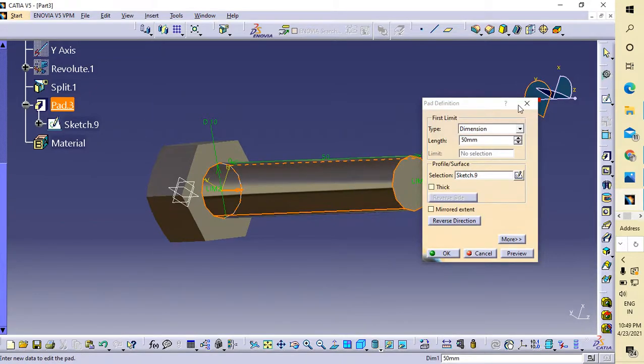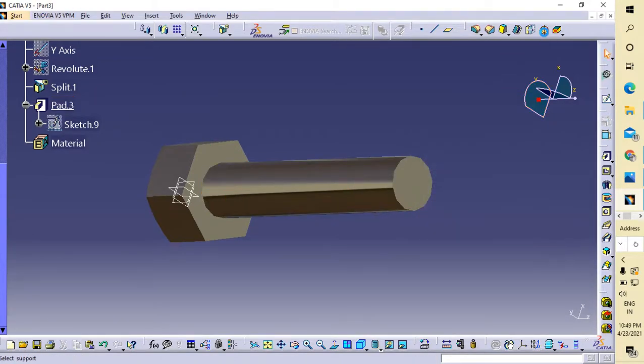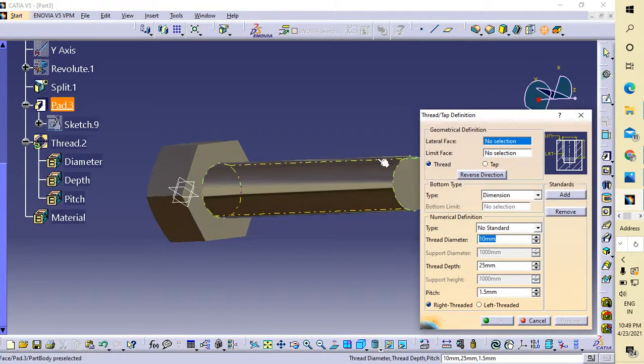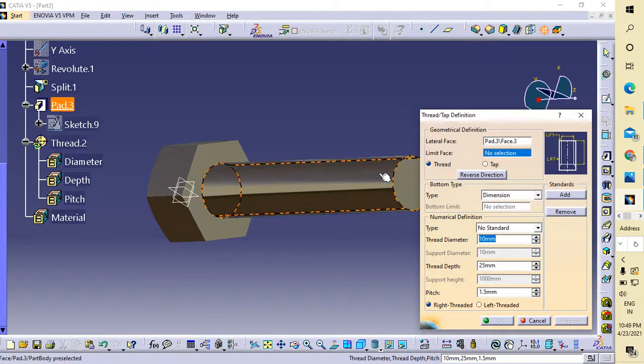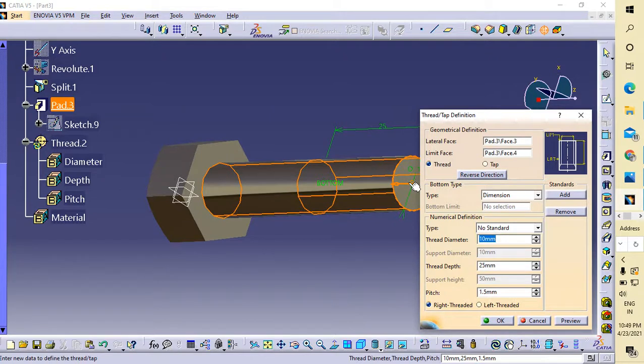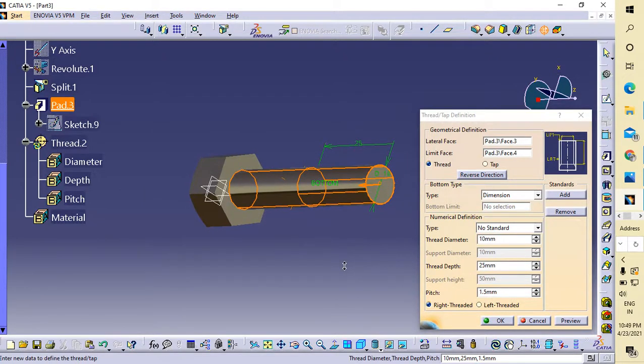So now I am going to the threaded part and lateral face. This one is the face, limit face.